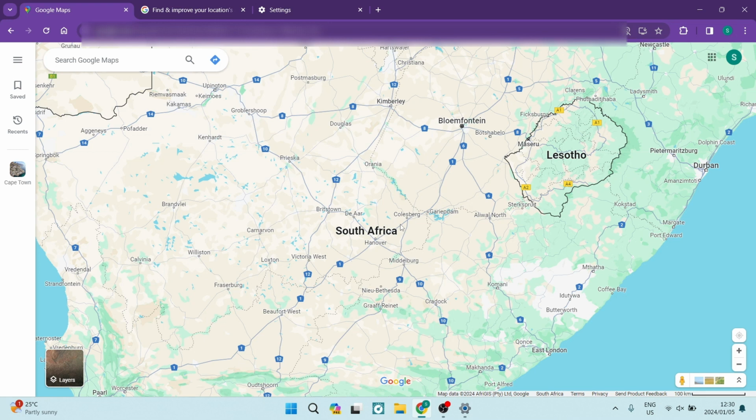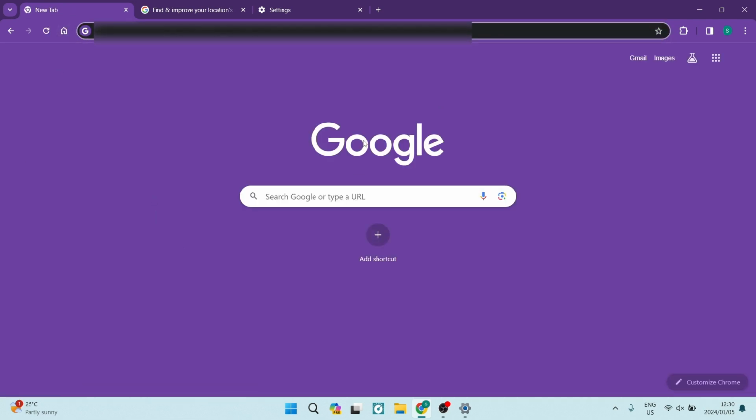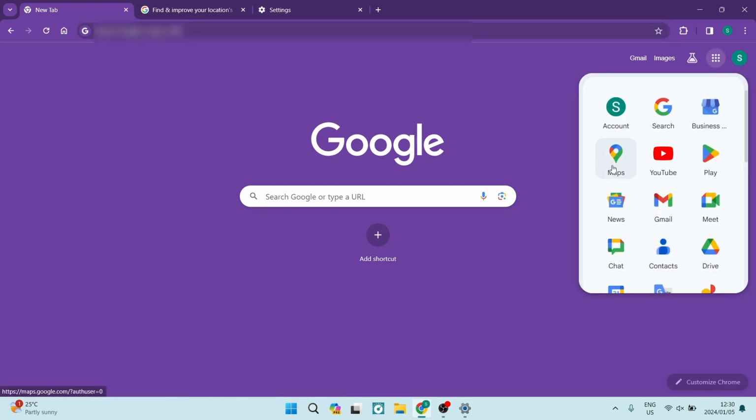If you would like to find your own location or your current location on Google Maps on your desktop, this is how you go about it. It's very simple. So right from a page that looks like this, your Google Chrome browser, you're going to go up to the top right hand side, and there are the 9 dots which gives you your Google apps. You're going to tap on Maps, and it looks like a little pin, and once you tap that, you will